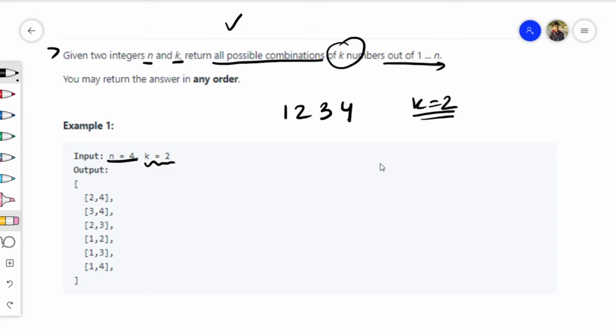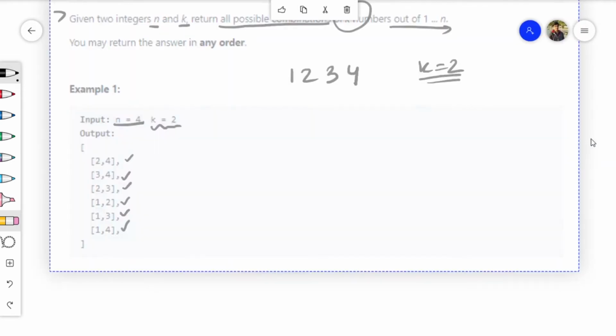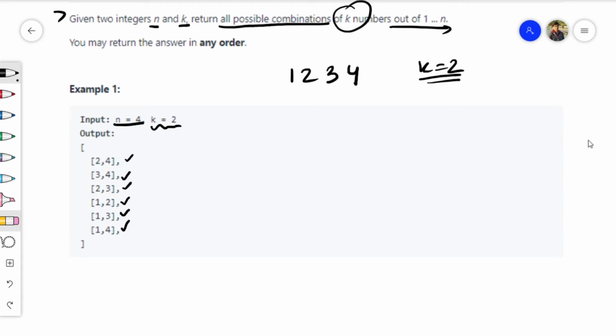So in this case here are some: 2 4, 3 4, 2 3, 1 2, 1 3 and 1 4. You can think about this, and you can pause the video and try by yourself. So I'll just explain how we're going to do this. We'll be using backtracking.